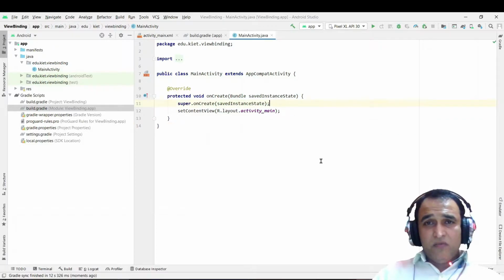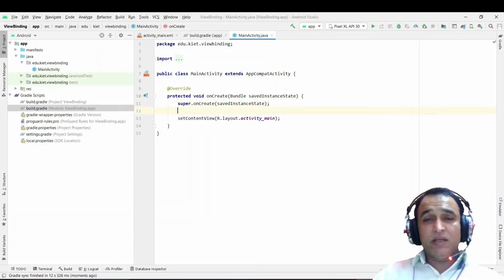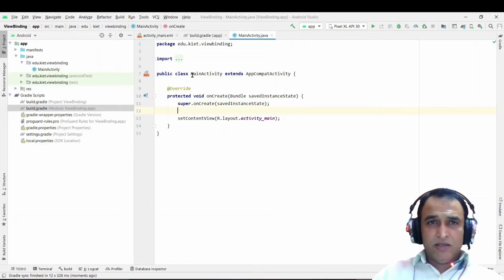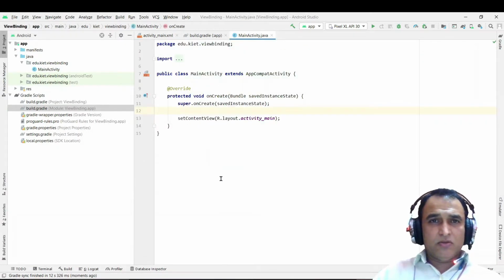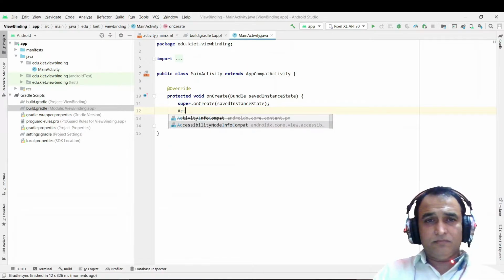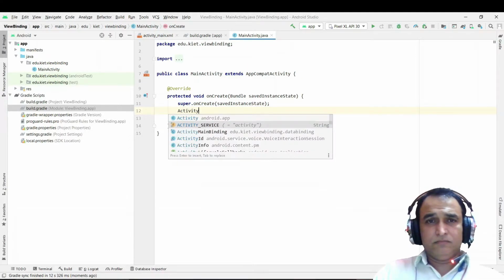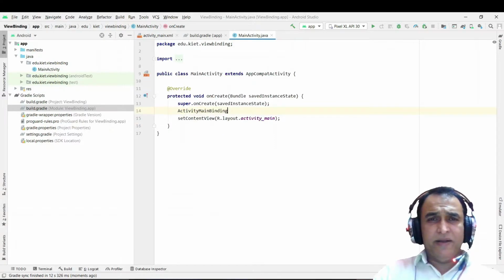So now we have to use the automatically generated class. My layout name is activity underscore main, so the class would be ActivityMainBinding like this.